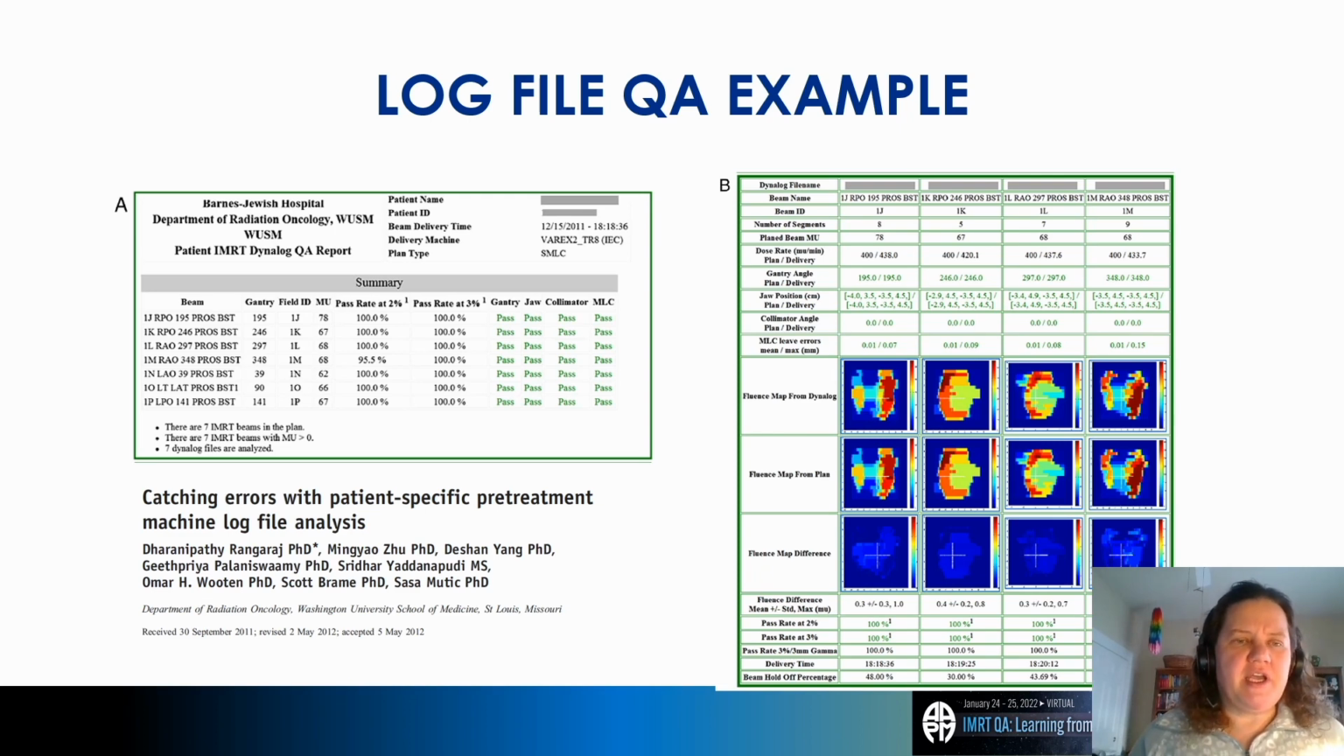Rangaraj. So they had a 7-field IMRT-QA and they had certain pass and fail parameters here. And here on the right side, you can see for each of the fields, they had a fluence map that was calculated from the Dynalog. They had varying equipment, a fluence map from the treatment planning system. I believe that was Pinnacle. And the fluence map difference, you can apply a gamma analysis to that fluence map according to the paper from